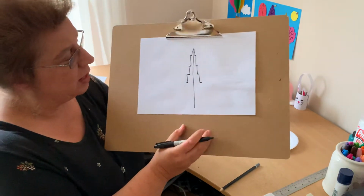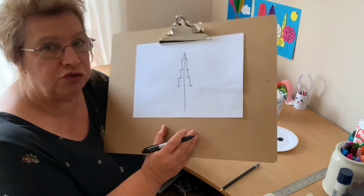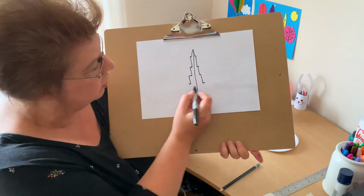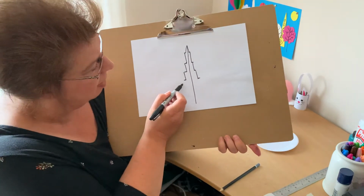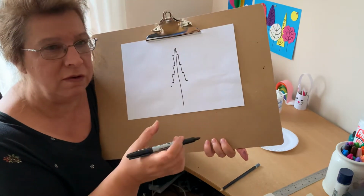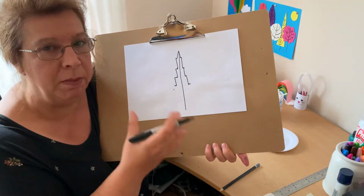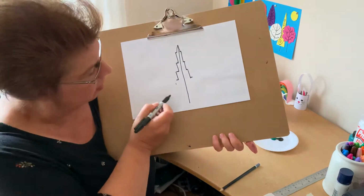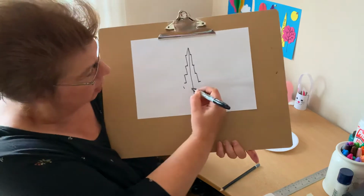Okay, and then what we're going to do now is to draw the trunk. We're going to take it from around about the first step, just underneath actually. We're going to come out slightly. We're going to make this trunk not straight at all. It's very, very textured and very bumpy. Not too bumpy that it's silly, but I'll show you what I mean. So we're going to come down and we're going to draw